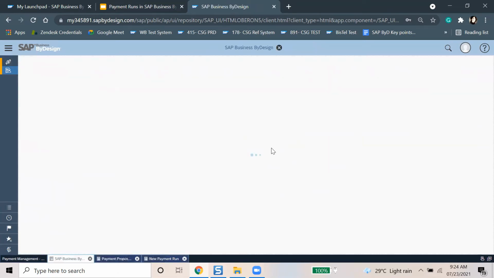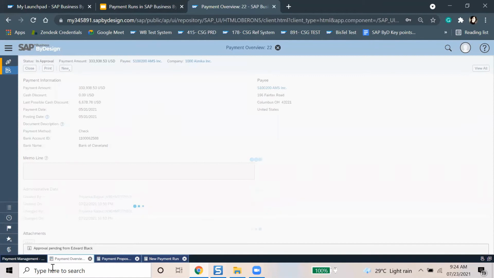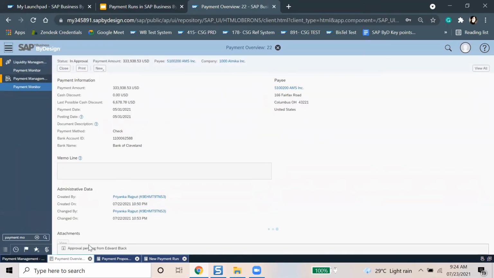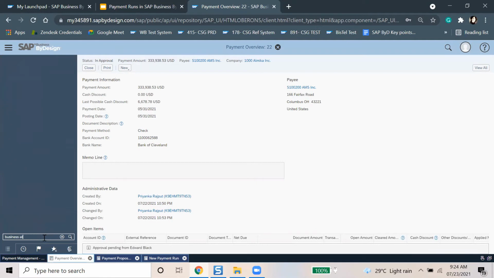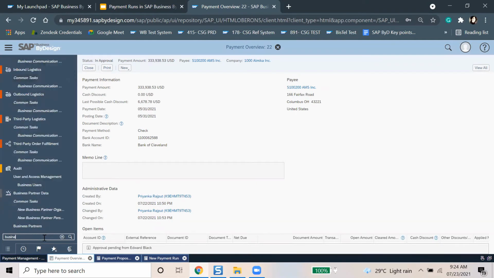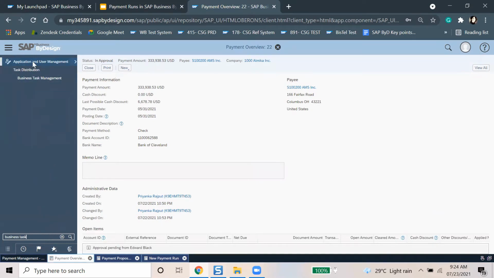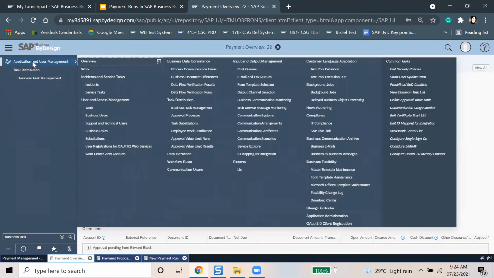I'll just open it. Okay. So I'll just assign this Edward Black approval to myself, in the application and user management, business task management work center view.